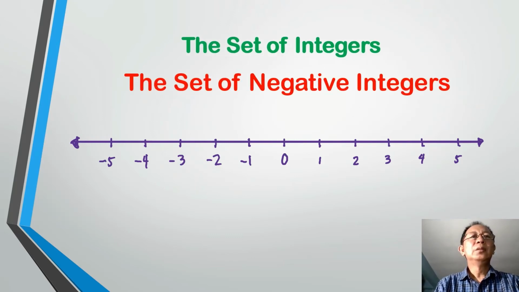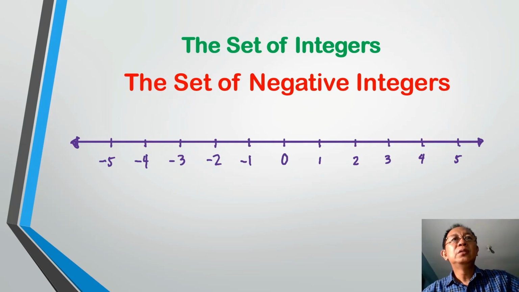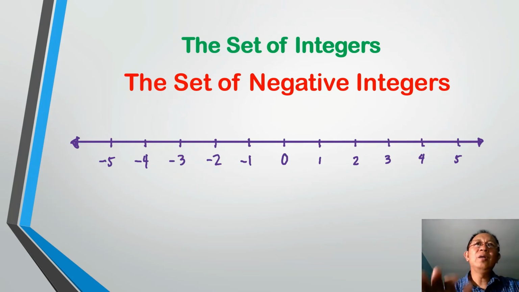Okay. The set of negative integers. Siyempre, you are all familiar with this, the integers, kasi this was discussed when you're in grade 6. So the set of negative integers, ito yung mga nasa left ng 0. So all integers na nasa left ng 0 ay negative integers. So the set of integers is divided into two. The first group is the set of negative integers,